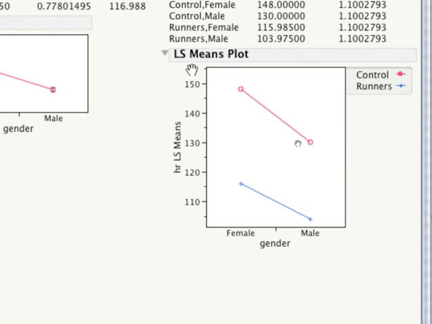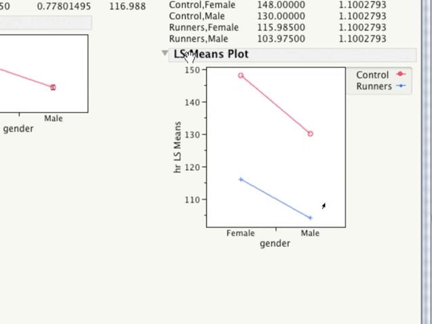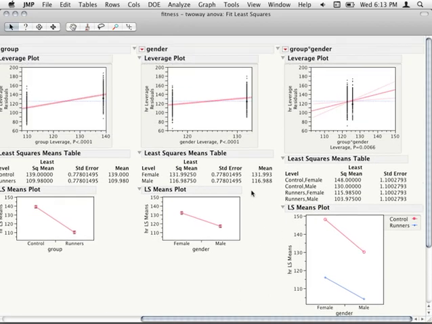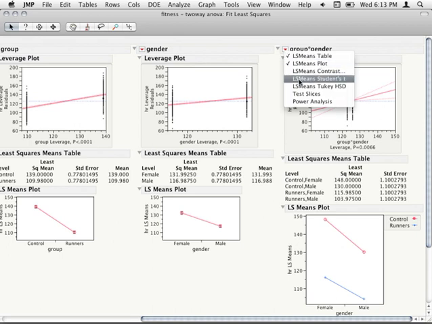But basically what it looks like is that the difference between being a runner or a control for females is actually larger than if you're a male, right? So this difference here and this difference here are different. So that's actually the definition of an interaction, and you can say it easily in a 2-factor setting with 2 levels of each factor. It's just that the difference of the differences is statistically different. So yeah, the effect of being a runner essentially is bigger for females than males, is what that interaction is telling us, right? And we can do the drop down here and actually get that Tukey